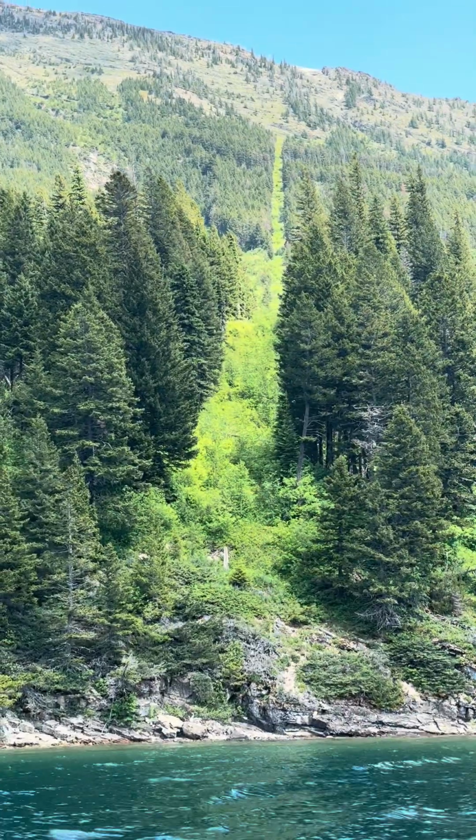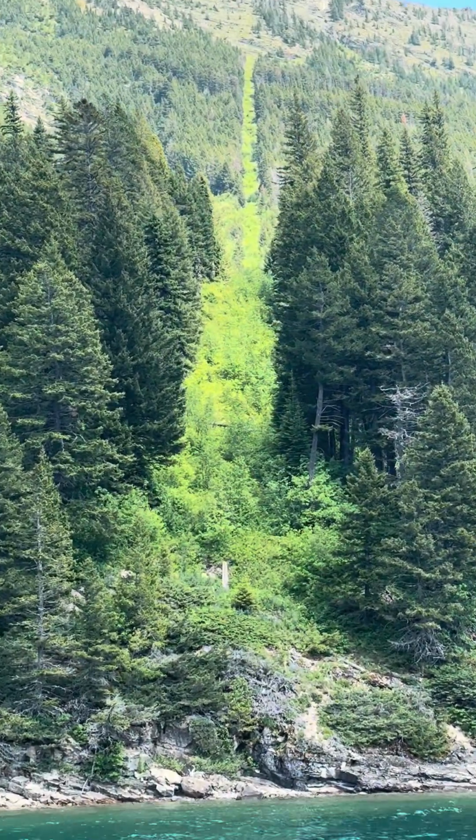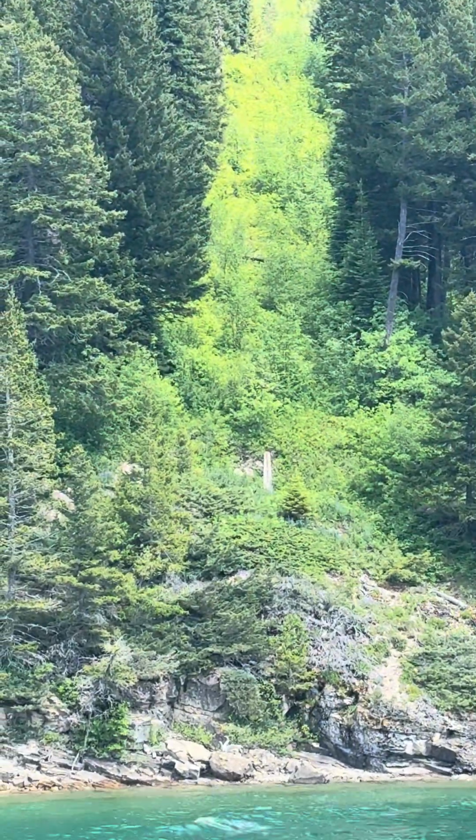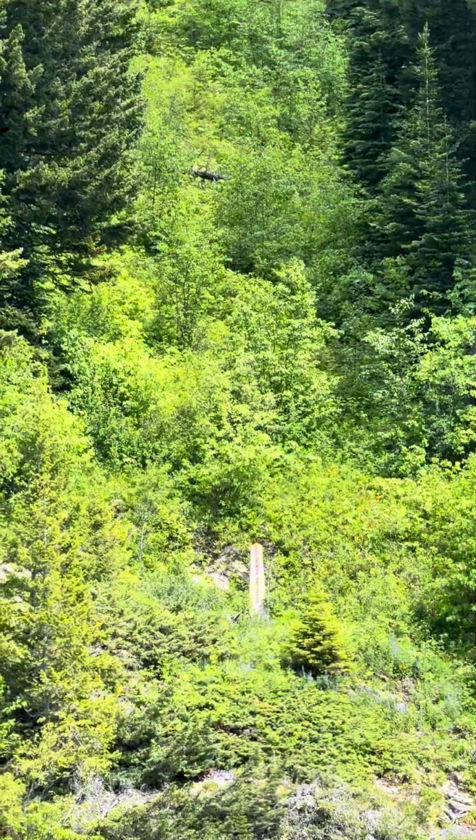The border has to be well defined and marked. That's why it's cut. And the last time it was cut, I always try to recall, it's been at least 10 years since they came to here. The Glacier National Park Trail